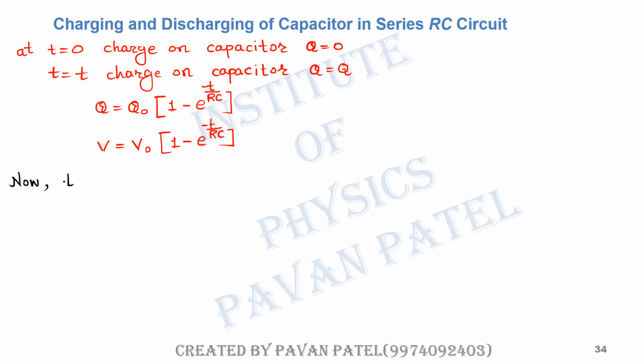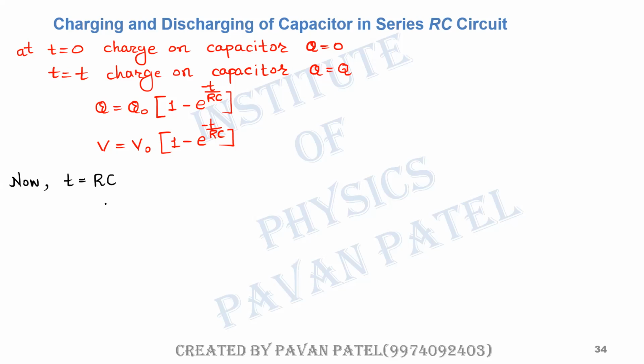I will write it down as time t equals RC. For time t equals RC, whatever the value of RC, consider that value as the value of time. What should be the charge and the voltage across the two plates of the capacitor?